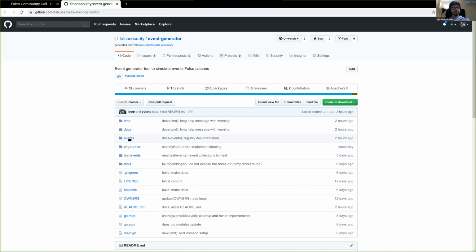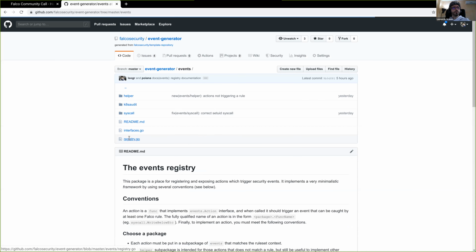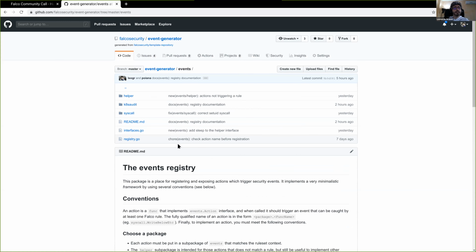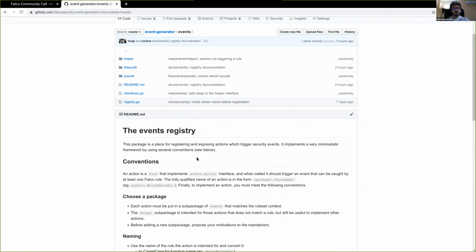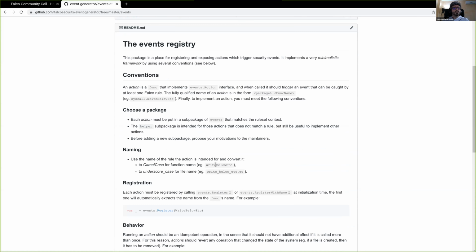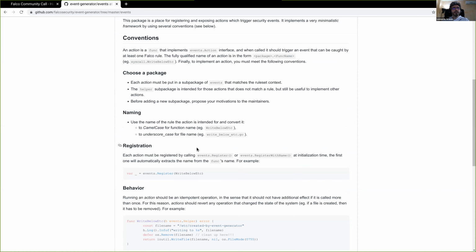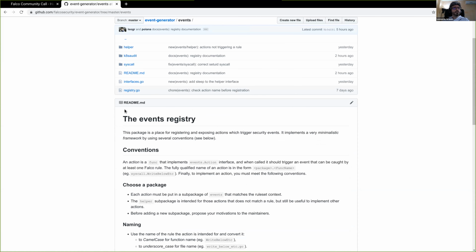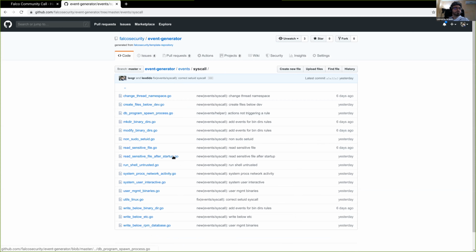For example, now whoever wants can just fill in here and add a new action. In this README, you can find any information related to how actions are implemented and how you can implement any action. I just want to show you some of these.